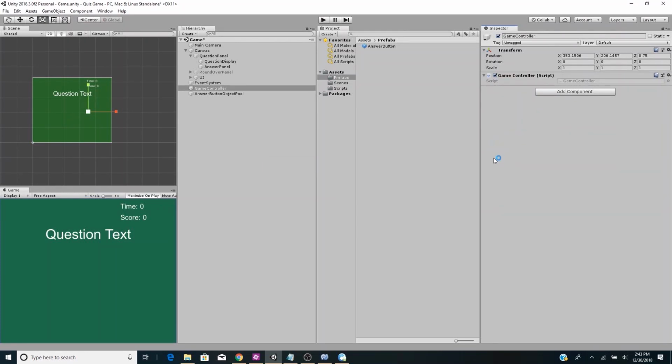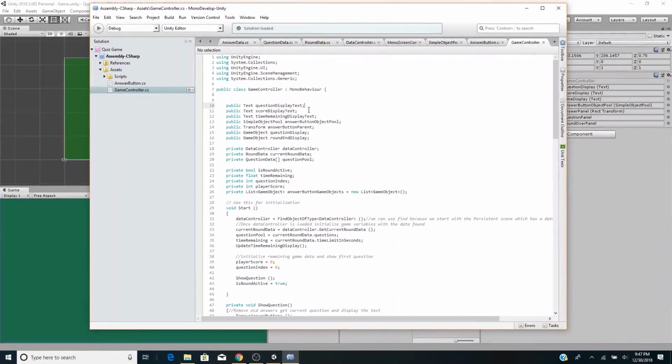Let's edit that script in MonoDevelop. The game controller has a question display text, score display text, time remaining display text, simple object pool, answer button pool, answer button parent, question display, round end display, data controller, current round data, question pool, is round active, time remaining, question index, player score, and a list of game objects for the answer button game